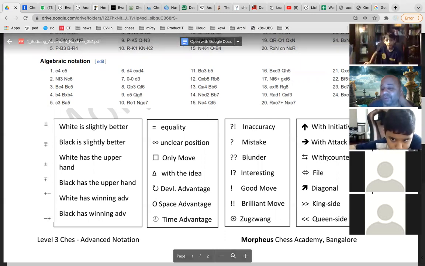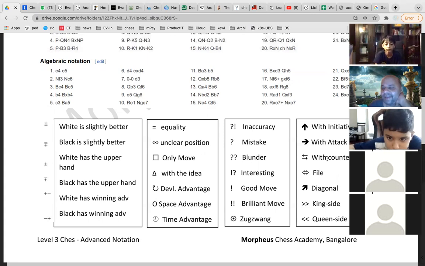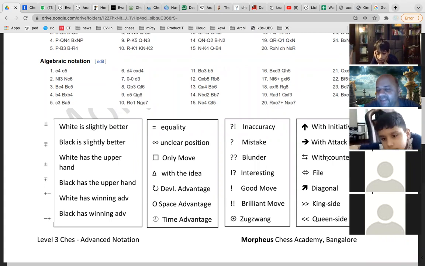So what is the white counterplay, what's the black counterplay? No, counterplay means both of them have got play against each other. The very fact that counterplay is there means both sides have got chances for attack and chances for active play. It is not just one side. If it is one side, then it is written with attack. See here, this one, right? It will be written with the previous symbol, the dark arrow. If it is written after the white symbol, that means white has got the attack. If it is written after the black symbol, that means black has got the attack. But if it is written as two arrows, that means both sides have attacking possibilities against each other. Counterattack.